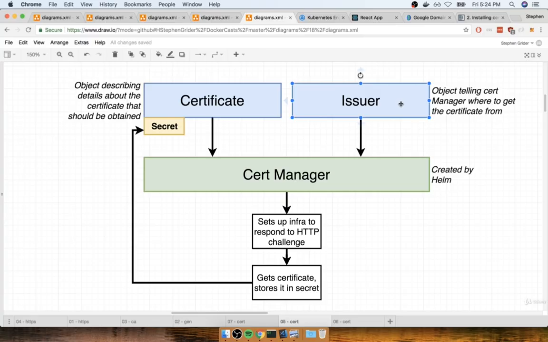The reason that we create this in an object is that Cert Manager is set up to allow you to define several different